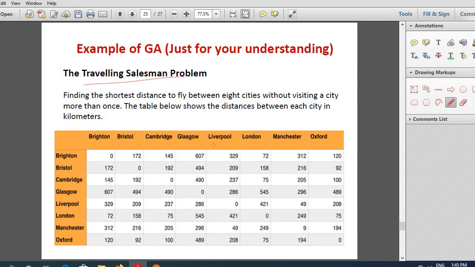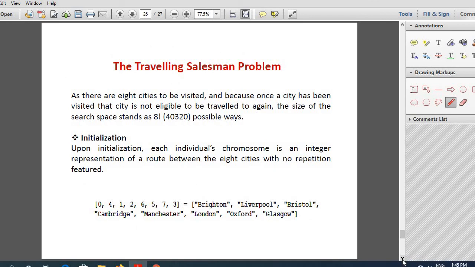Each city should be visited only once, and the salesman has to visit each city and come back to the starting city covering the least distance. So that will be the optimal route. All the distances have already been provided. Now 8 cities have to be visited, right? So once a city has been visited, that city is not eligible again to be traveled.